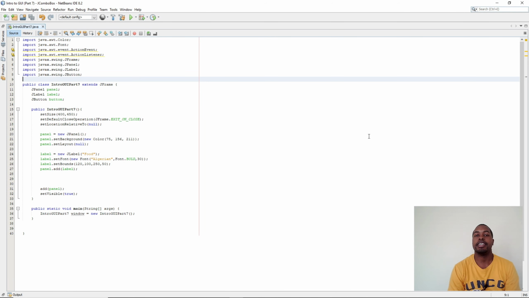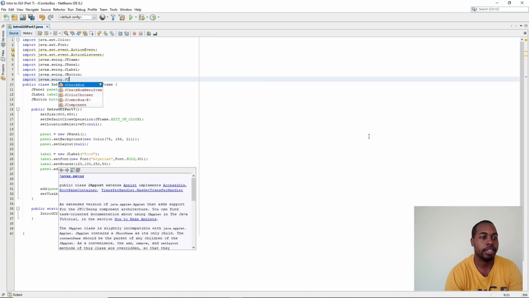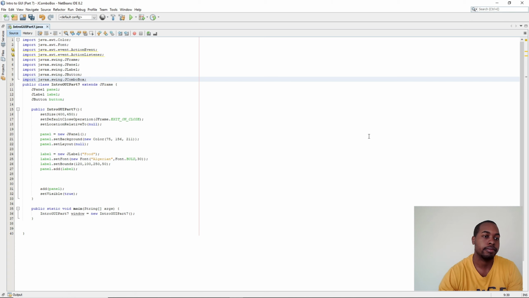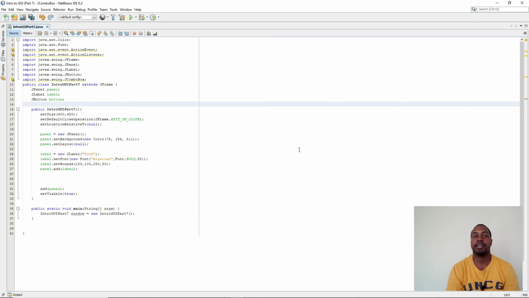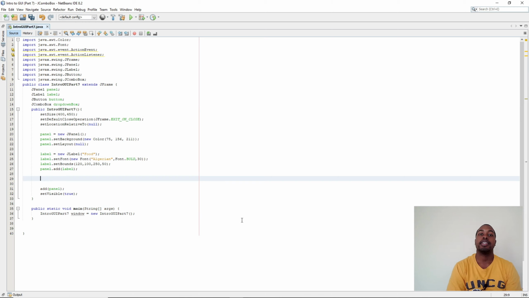Alright, so first we need to import our JComboBox. So import javax.swing.JComboBox. Next we need to add our JComboBox as a data field for our JFrame. So JComboBox, and we're going to call it Dropdown box. Inside of our constructor, we need to initialize our Dropdown box. So Dropdown box is equal to new